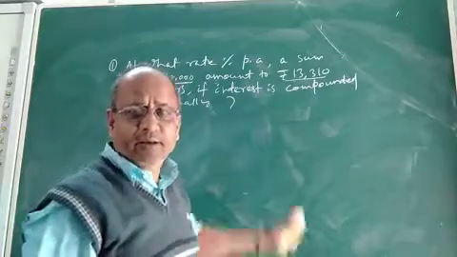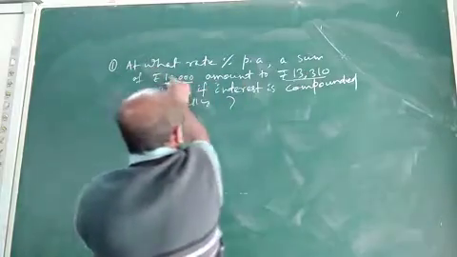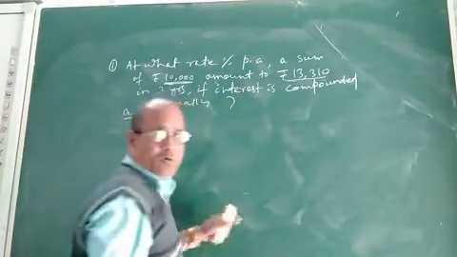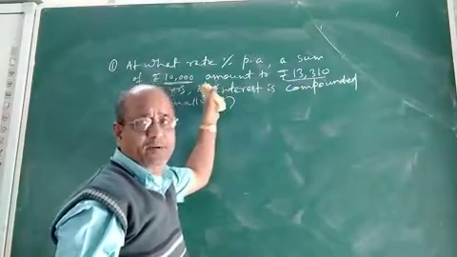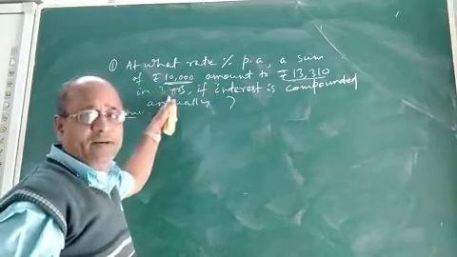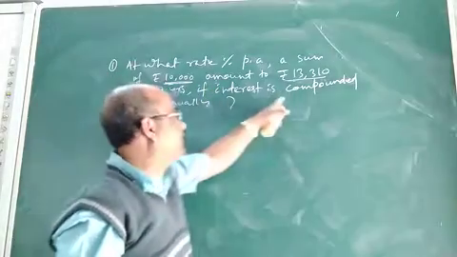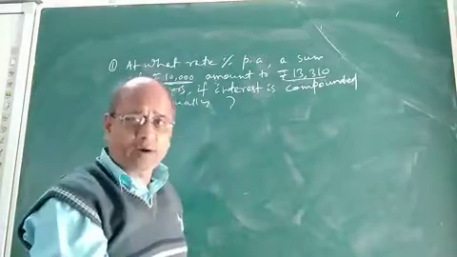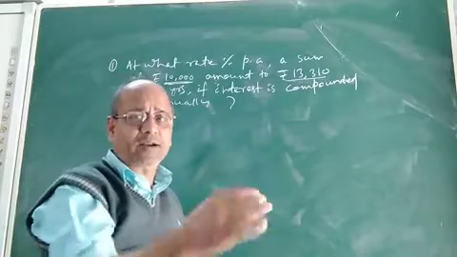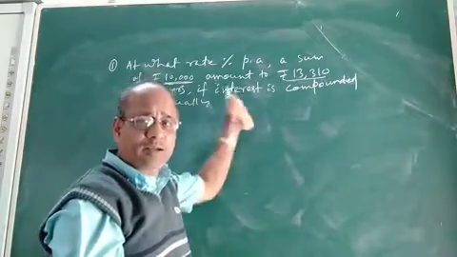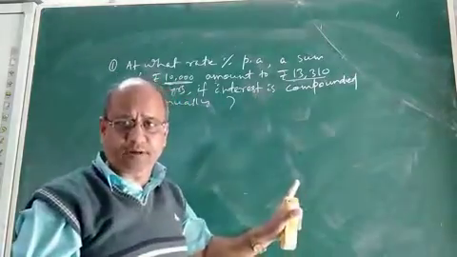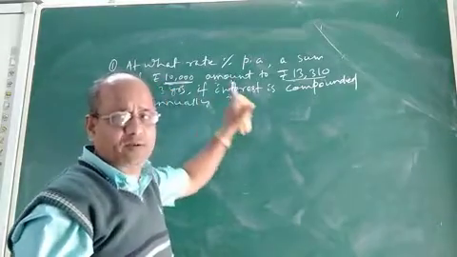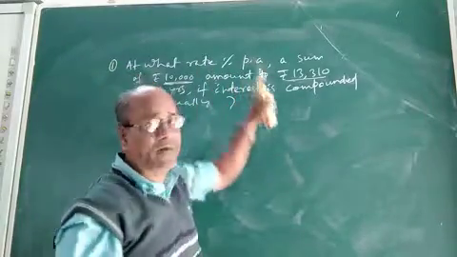So what does it mean? In this question, a sum of 10,000, this is the principal, amounts to 13,310, this is the value of amount. You are given the amount, you are given the principal, you are also given the time period 3 years. And it is given the interest is compounded annually. Children, you know, when interest is compounded annually, the conversion period and time period remain the same. That means, whatever is the conversion period, that will be the time period. Okay? So, as the time period is given 3 years, then conversion period will be 3 years and we have to find out rate of interest.